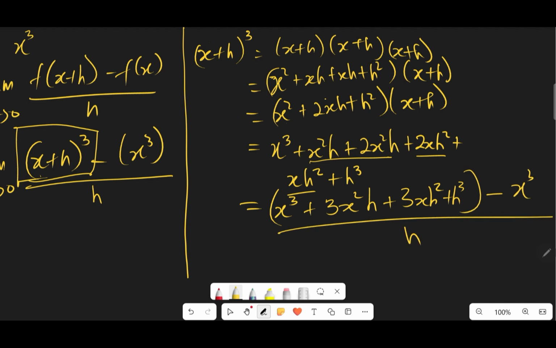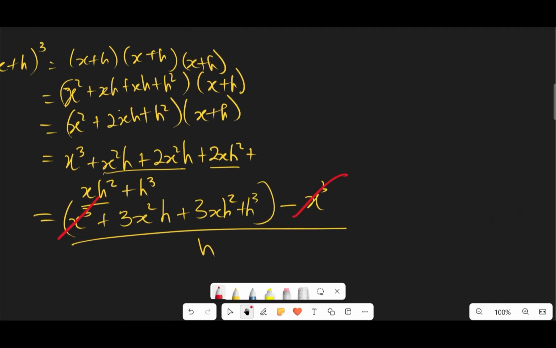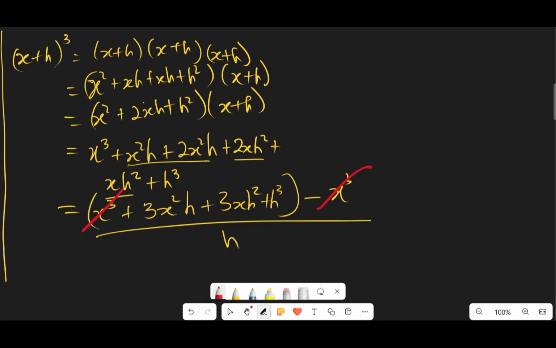Now if we expand, we will just move the bracket. After we expand, we realize that this is x cube and this is minus x cube, so it will cancel. Is that okay? It will automatically cancel out. Okay, after we cancel, then we are going to get